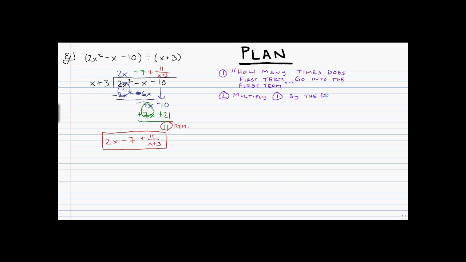And of course this divisor is a binomial, but we wouldn't necessarily have to have a binomial. We could have had a trinomial or something bigger if we wanted to. So that's our second step. We multiply whatever this is by the entire divisor. The whole divisor has to be in there, not just the first term, even though that's all we used here. Okay, third step was to do that subtraction